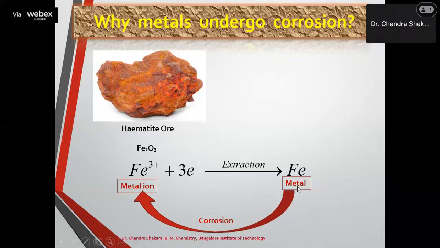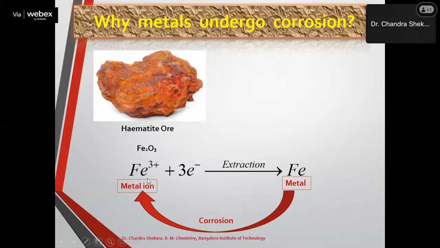So you all know metals are obtained from their ores, metallic ores, through the process of metallurgy. For example, one of the common ores of iron is hematite ore. In the hematite ore, iron is present in the form of Fe2O3. That is, iron is present in the form of an iron compound, where the oxidation state of iron is +3, and it is not in the metallic form. You can see in the figure the hematite ore sample here.